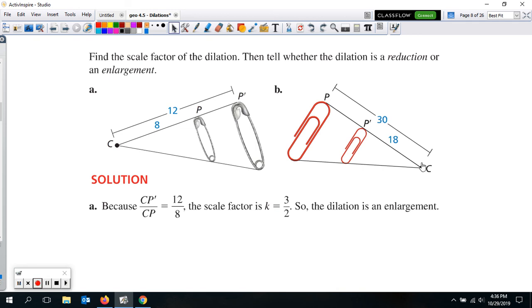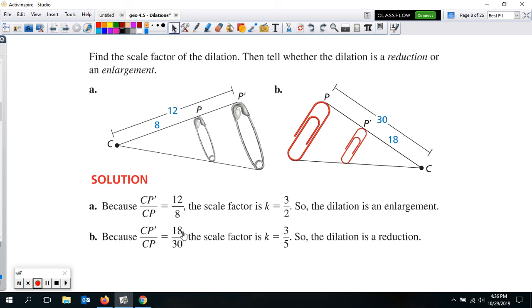For this one, our C to P prime right here, so here's C to P prime, it's smaller, is 18. So that's going to be 18 over C to P, which is 30. And so you could see 18 over 30 would reduce to 3/5. It is a reduction. You could see that the original is bigger and the new one is smaller here on